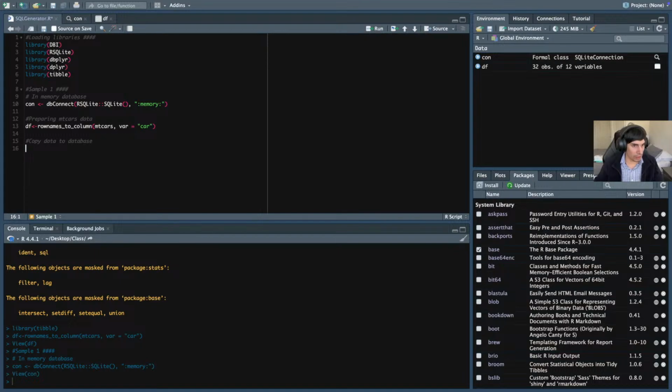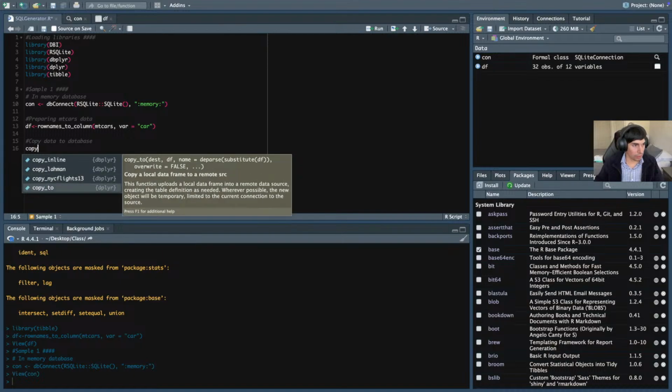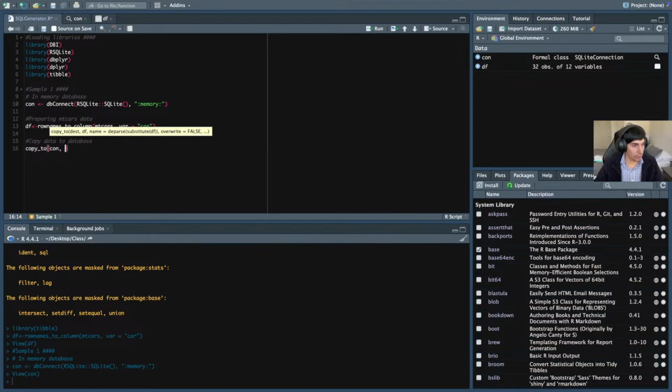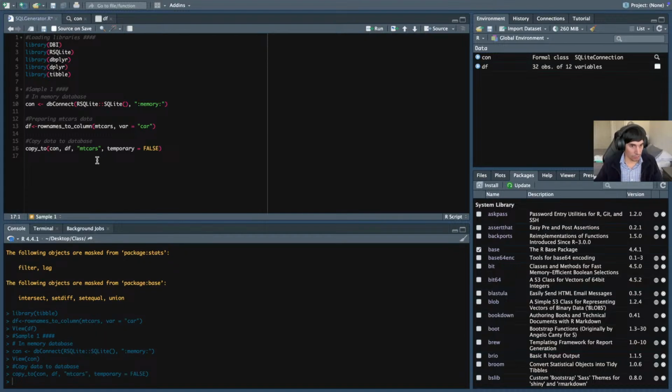So copy data to database. We'll use copy to, con is our connection. Then we will be copying our data frame. We call this empty cars. We'll choose temporary equal false. Now that should probably have it done, and then we're going to create a table reference so that we can